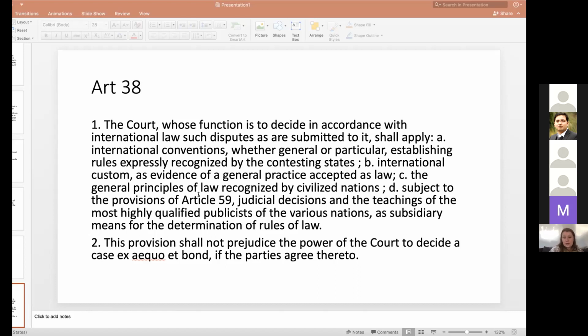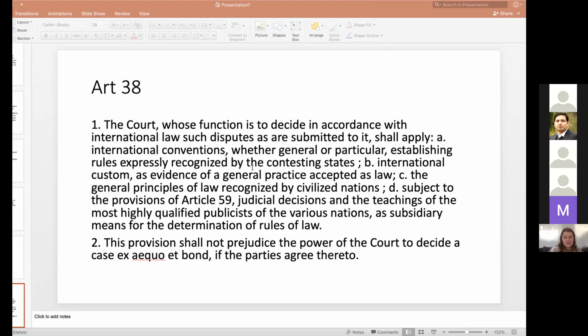Usus is the actual practice of states, and opinio juris is the acceptance by states of that practice as law, that the countries are of the opinion that this is the existing law. We have also the general principles of law recognized by civilized nations. These three are the primary sources of international law: treaties, custom, and the general principles of law